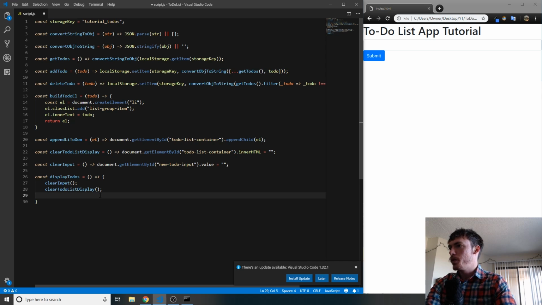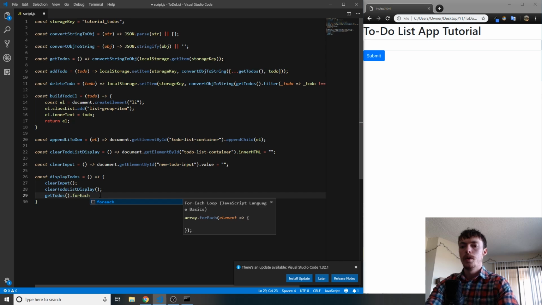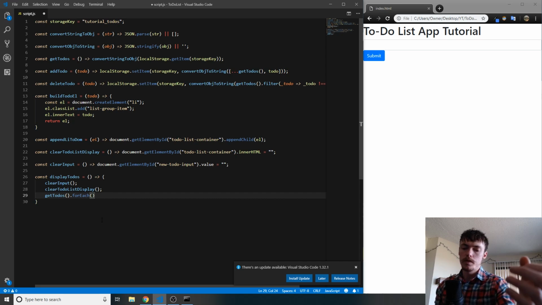So what we're going to want to do is, for each to-do that we have stored, we're going to want to build the element and then append it to the unordered list. So let's get the to-dos. So now we have the array of to-dos. And let us go ahead and say .forEach. Now, getToDos returns an array, so we can use forEach, which is a built-in JavaScript array function. And we can say for each to-do,